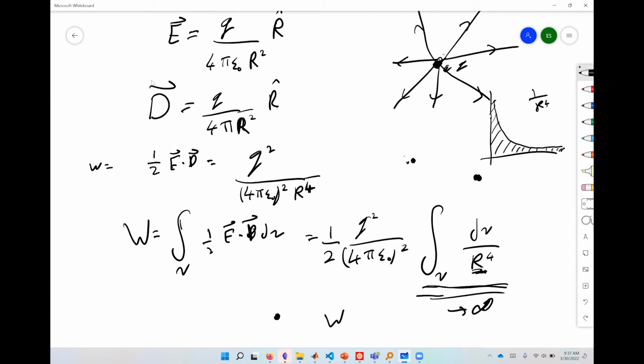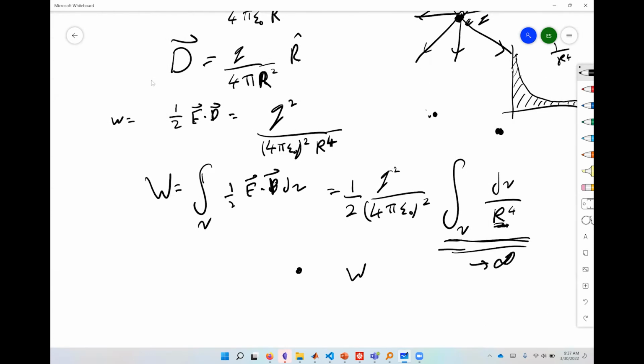And the reason it has infinite energy is because it's not a practical configuration, right? And the reason it's not a practical configuration is, how do you build a point charge? You have to bring a bunch of this charge distribution and compress it until it gets to a point. But the problem is, as you compress and compress and compress,